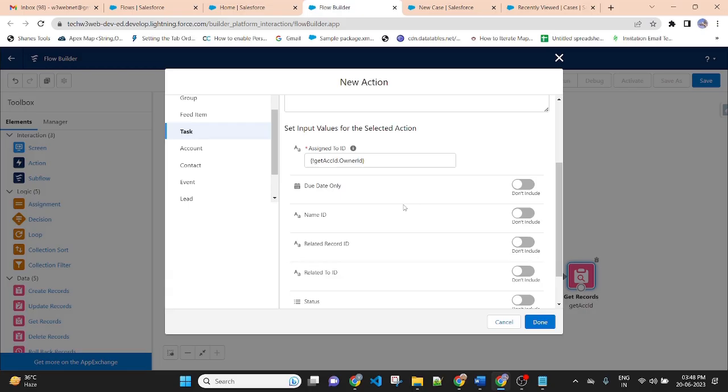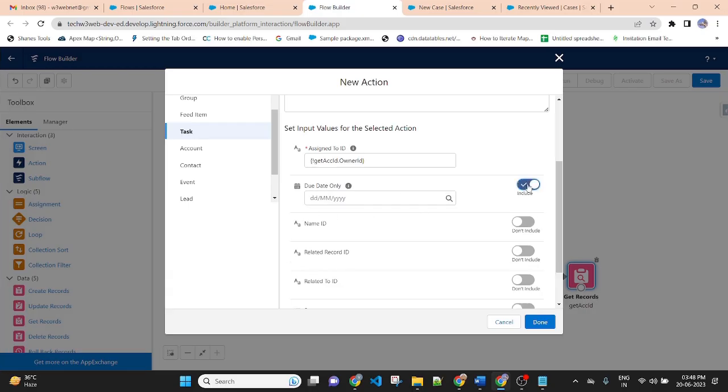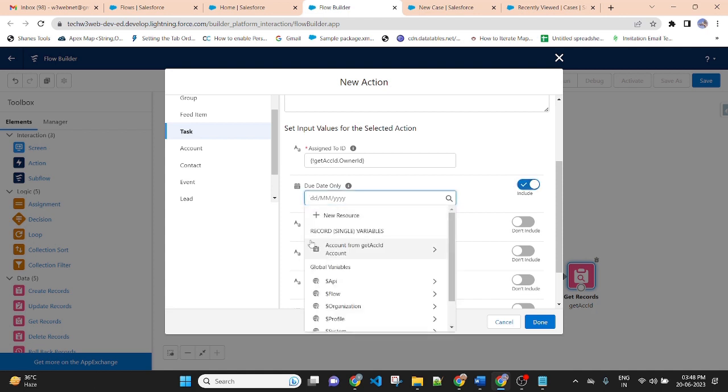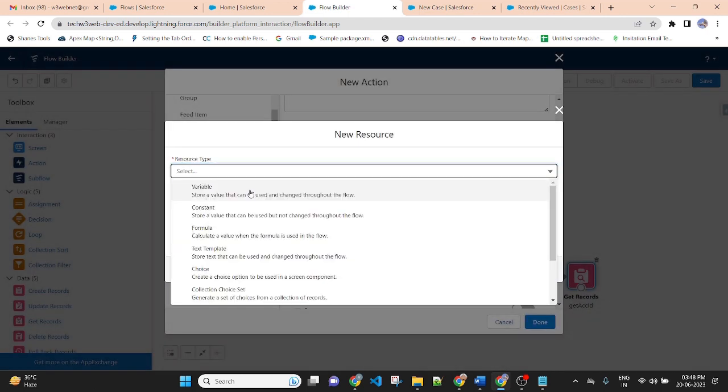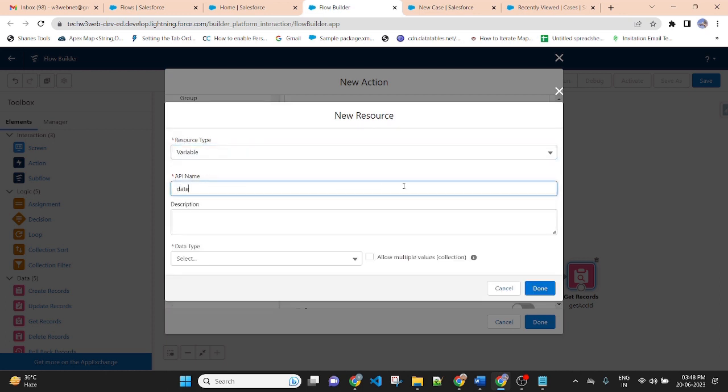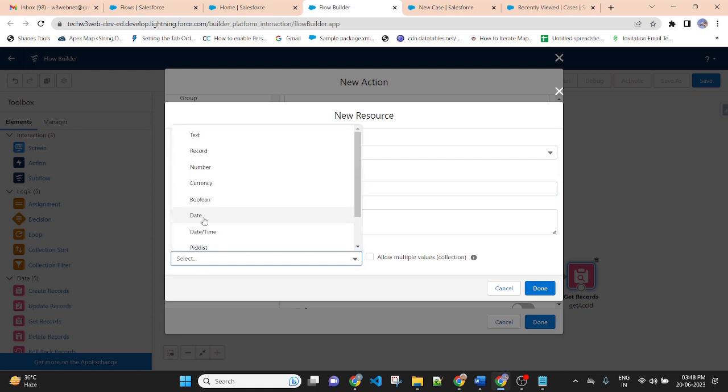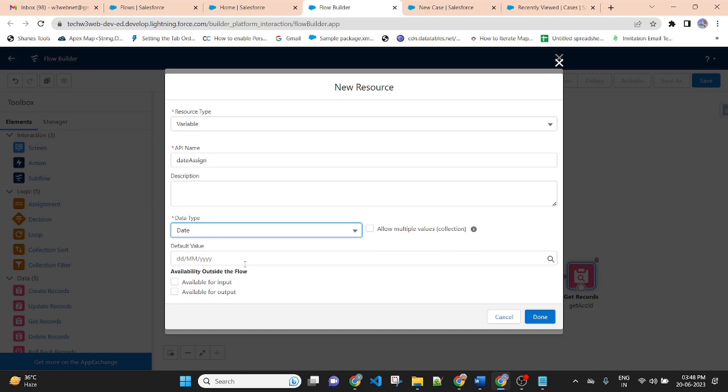Then due date: enable the due date, create a new resource, variable, date, assign, data type date, and put the value day, month, year.